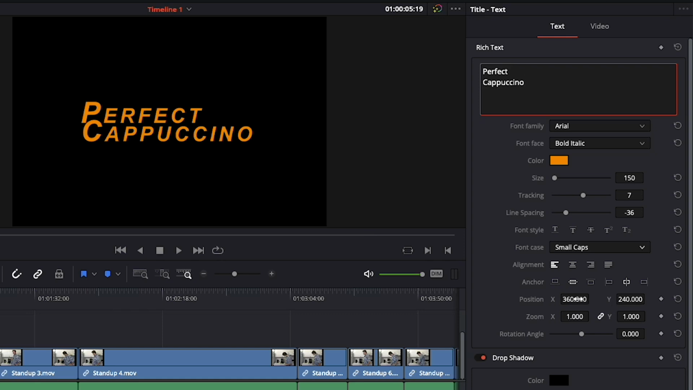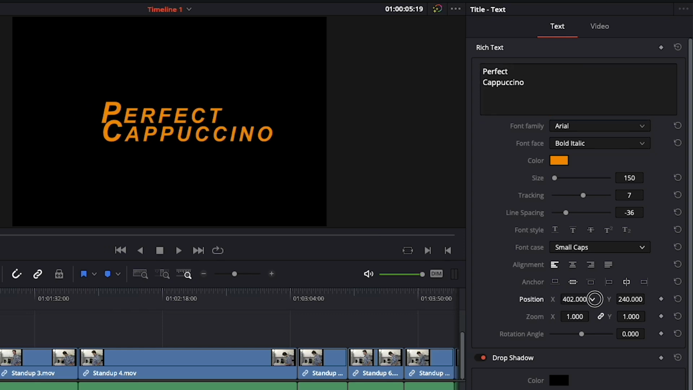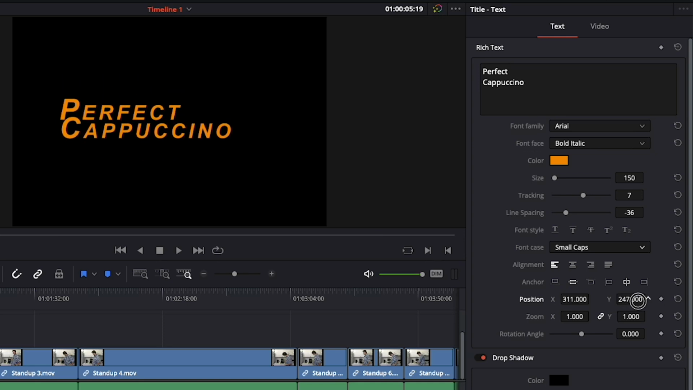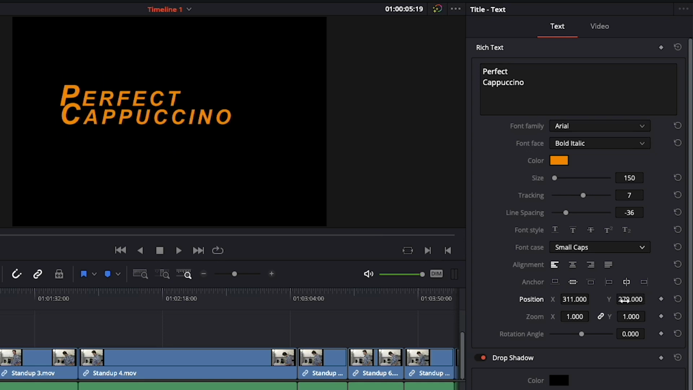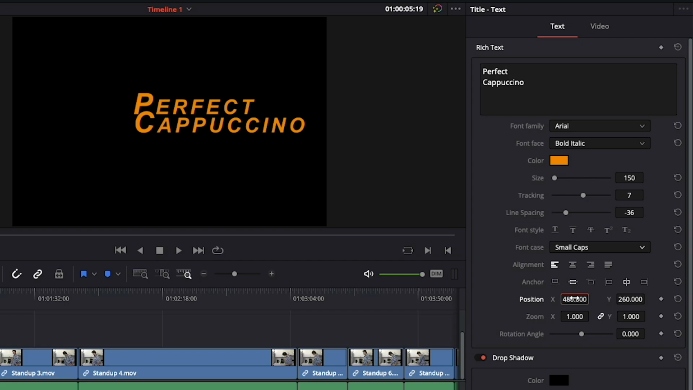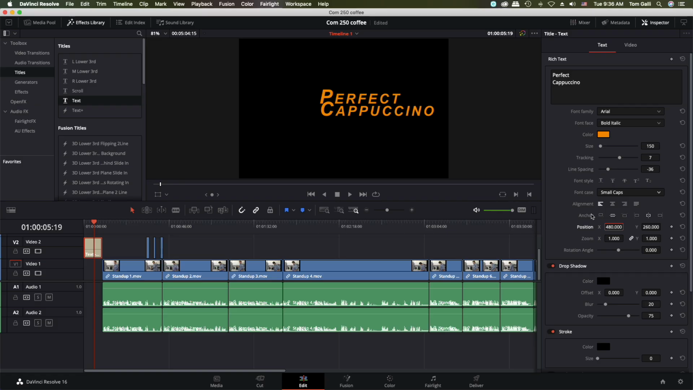If I want to move this, I can click and drag inside one of these windows. So I can move my X from side to side, and I can move it up and down by clicking and dragging in the Y. I can also type values into here. If I wanted to put it back centered, I could go back to 360, for example, and back to 480. If you would rather click and drag,